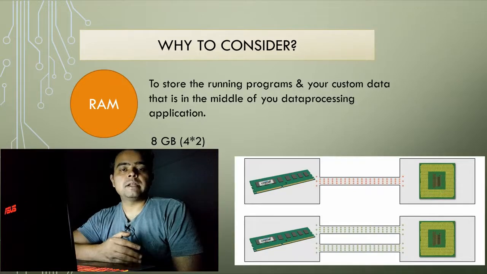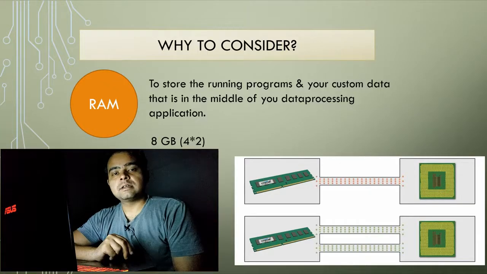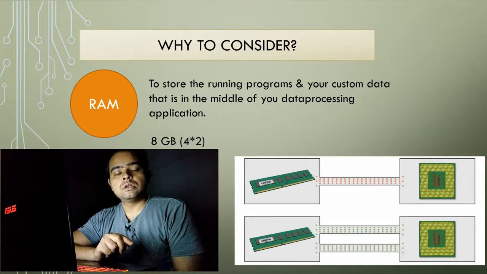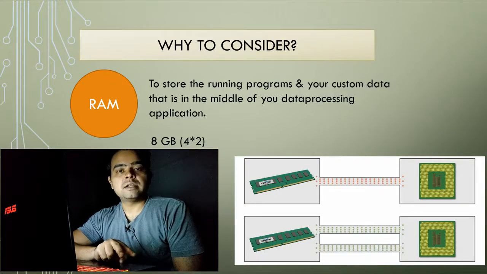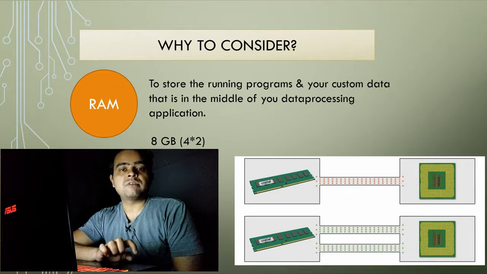Take an example of big data. Suppose you have 8 GB of RAM and you are writing 6 GB of data to your memory. In that case, it might be possible, depending upon the other running programs, that the memory controller decides to spill that 6 GB of data, some part in your first memory module and some part in your second memory module. And that will be much faster to write, because considering one memory module, it has to write less data than the complete 6 GB into one module.